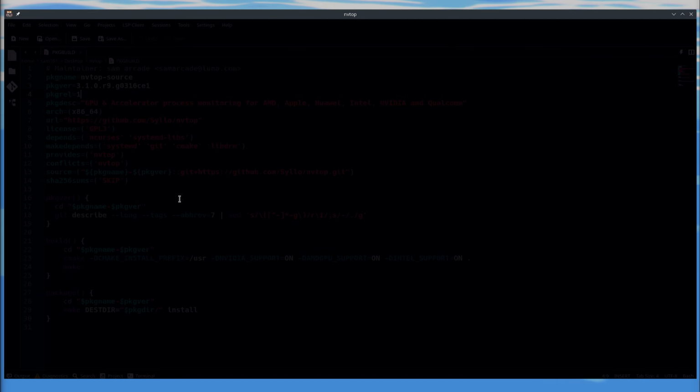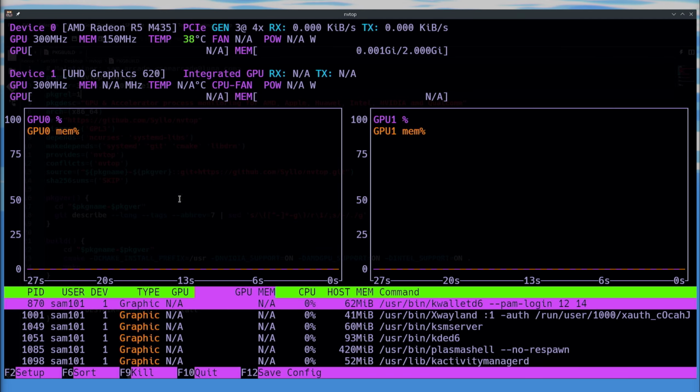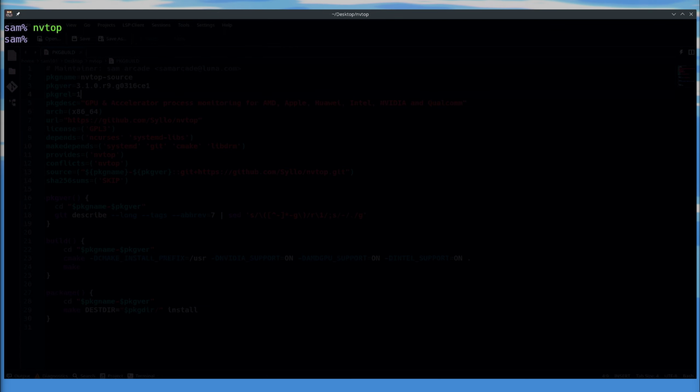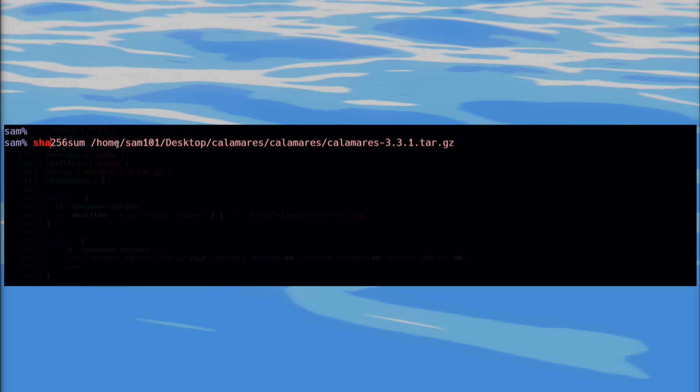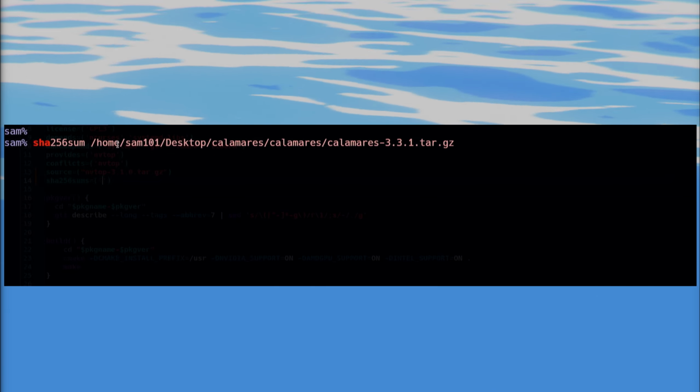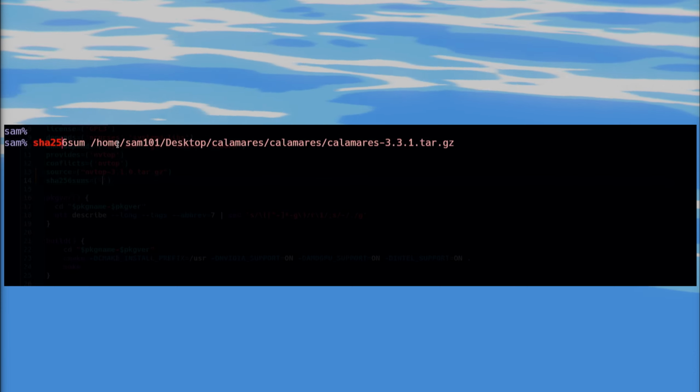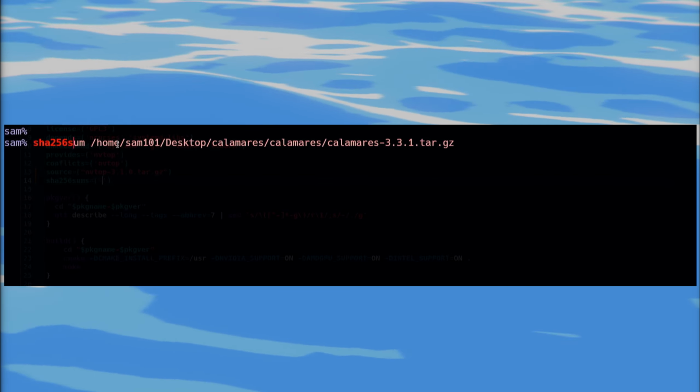And look, our custom package for NVTop is working properly. Pro tip: to generate SHA-256 sum, simply type sha256sum and name of your source archive file, then hit enter.